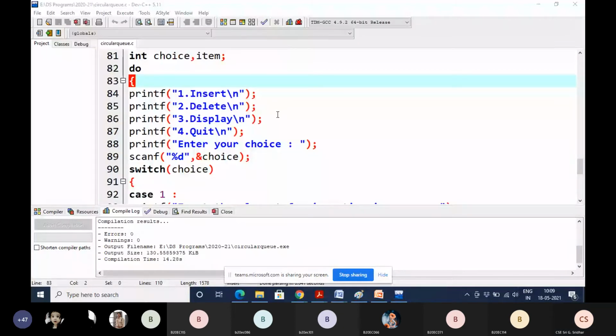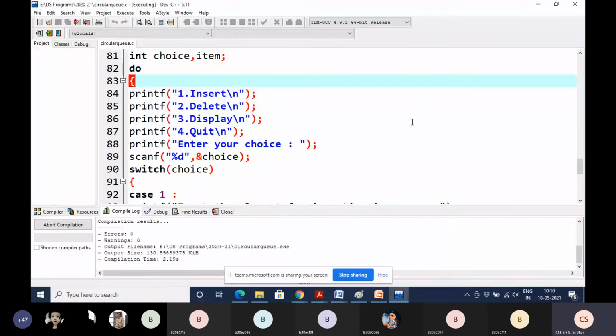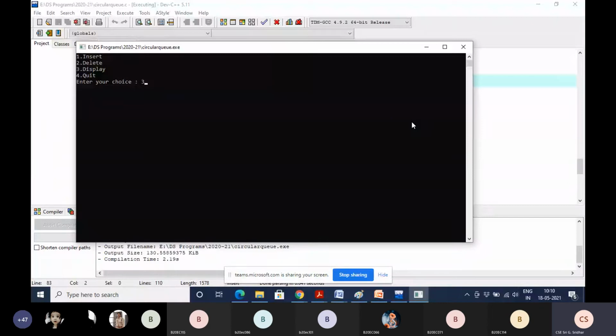Okay. Next. Suppose you want to display without inserting any element, what does it have to display, students? Actually, there are no elements in the circular queue, but you want to display.